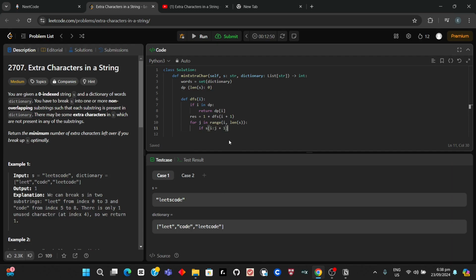And so it checks if this one is inside of words, which is where we check the dictionary. I guess the dictionary comes from this one, but I'm not quite sure. So if this specific slice, we slice this word and we get lead, and it's inside this dictionary,